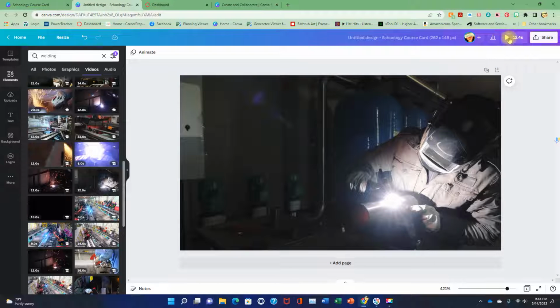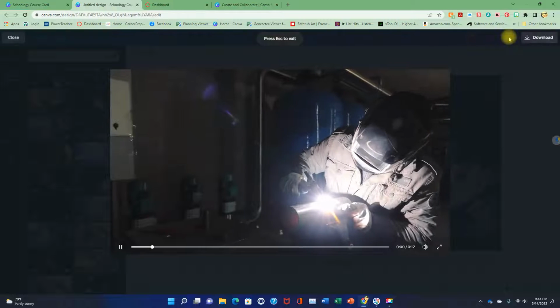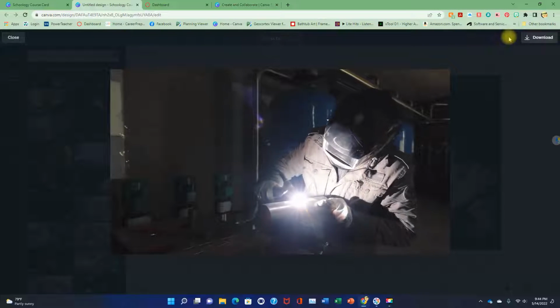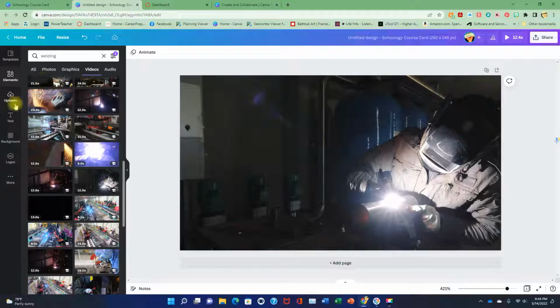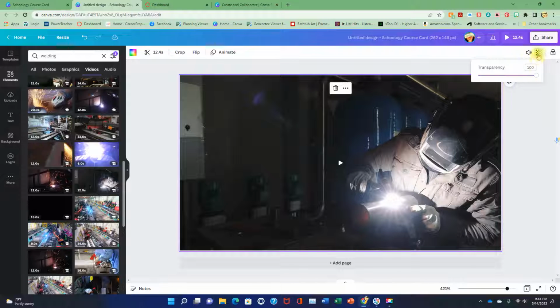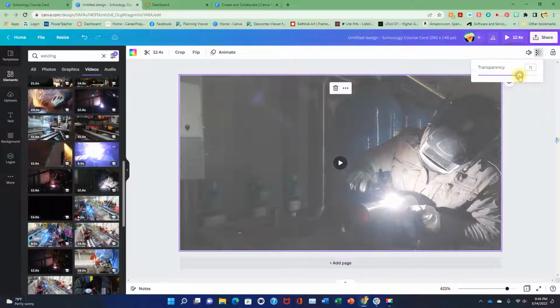If I want to preview it, there's my little play button right there. So that's what the button will look like. So now what I can do, I'm going to close this, I can add things to this. So when I click on this, maybe I want to fade it out a little bit. I can click up here in my tools for transparency and just kind of fade it so it's not so